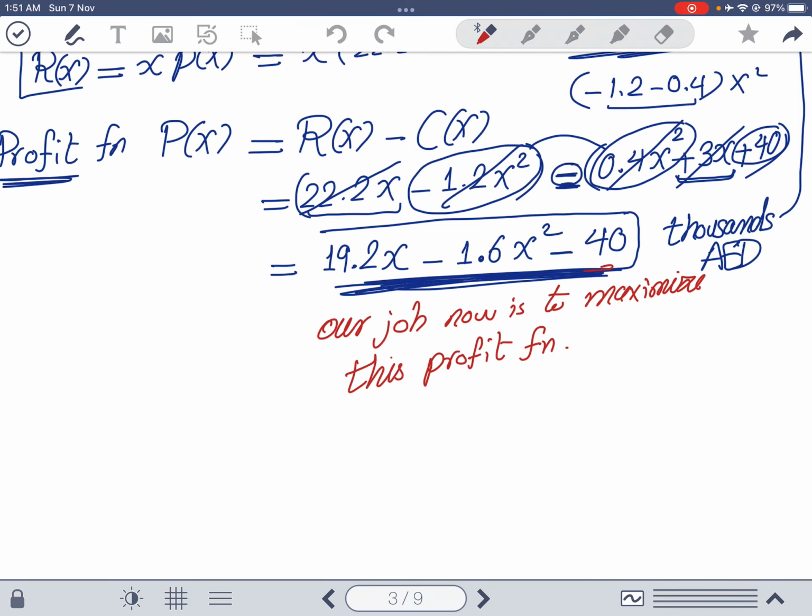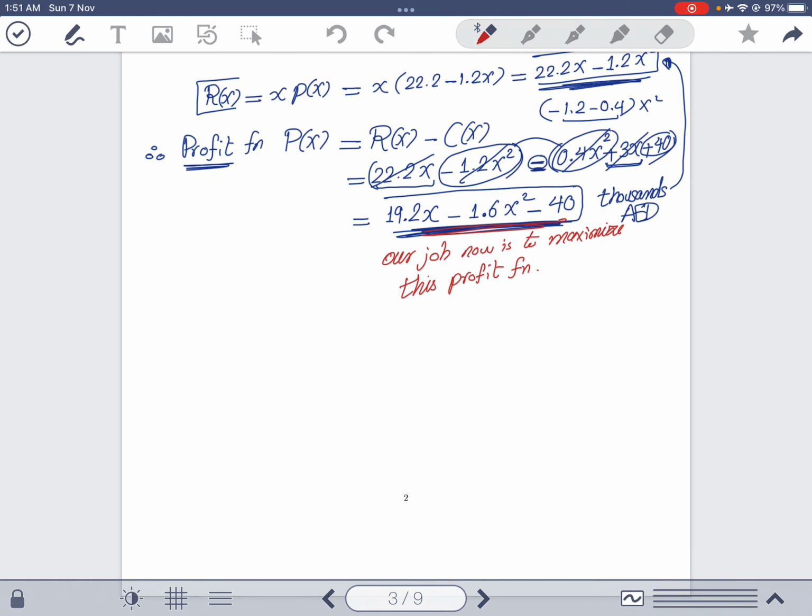Okay, so this is the profit function, and we will take its derivative, p prime of x. What do we get? It will be 19.2 minus, when you multiply 2 times 1.6, that will be 3.2x, and then the 40 gives you 0 because it's a constant. Set it equal to 0. This means that x will be